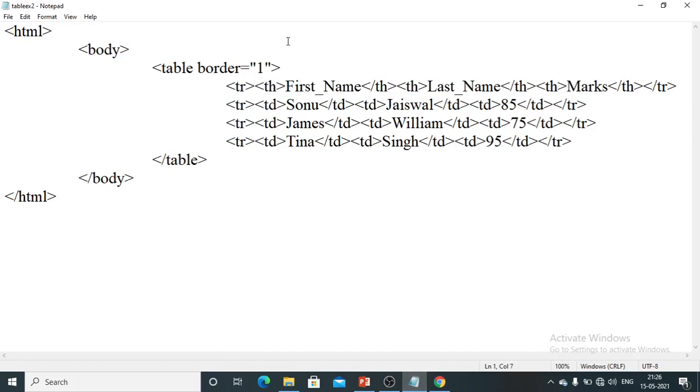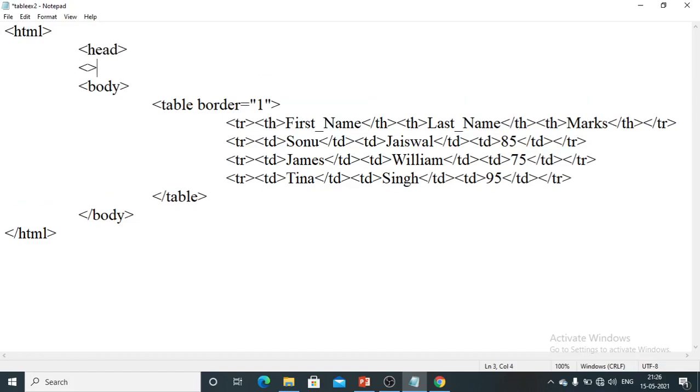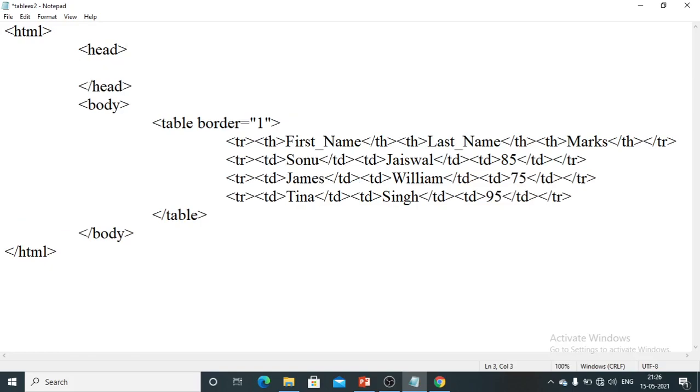If I mention the style in the head part, then I need to include the head tag. I will use the head tag here and close it immediately. Here I have the style tag. Don't worry right now about why and how I am using this style tag.